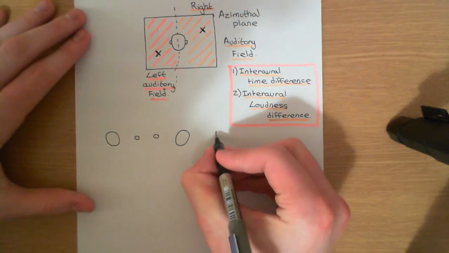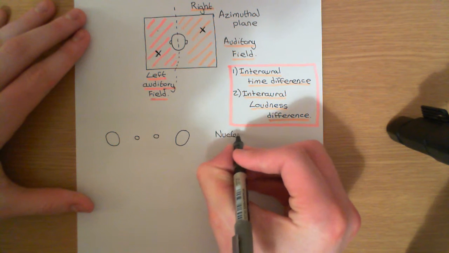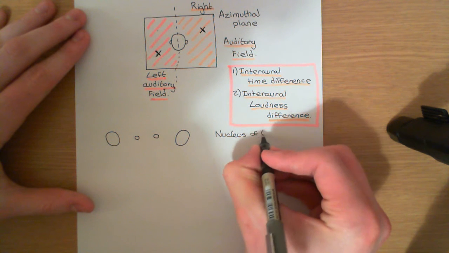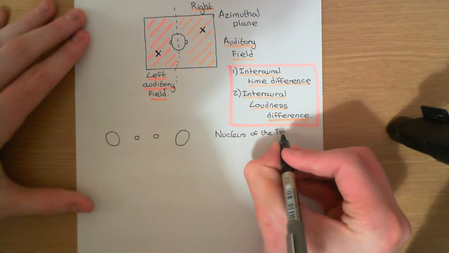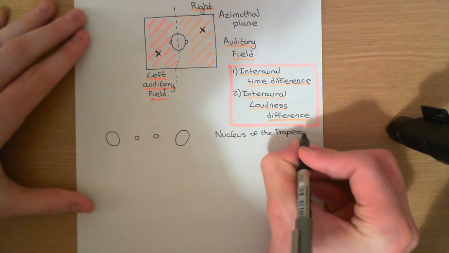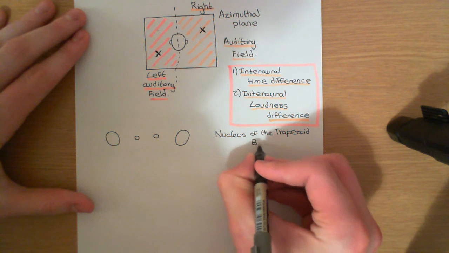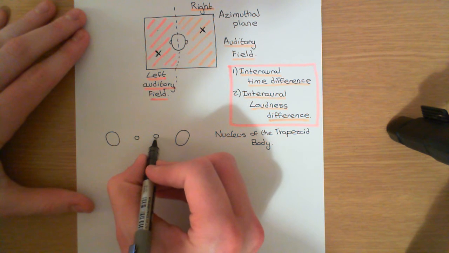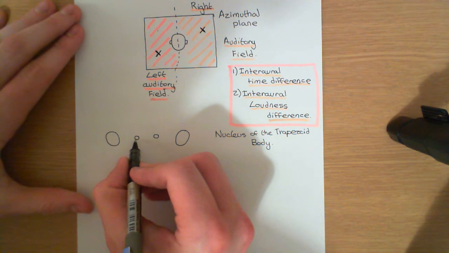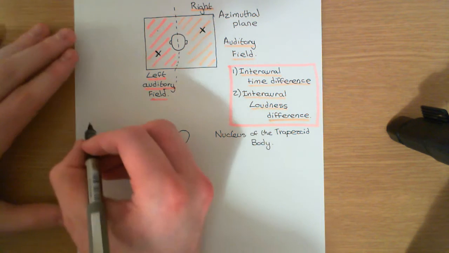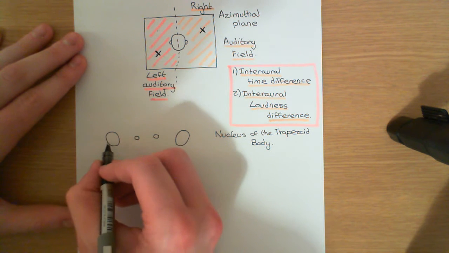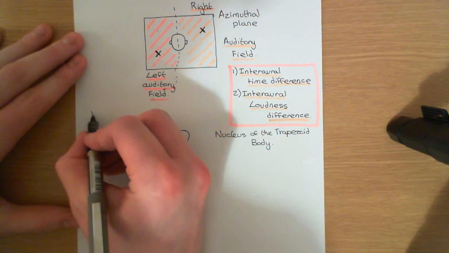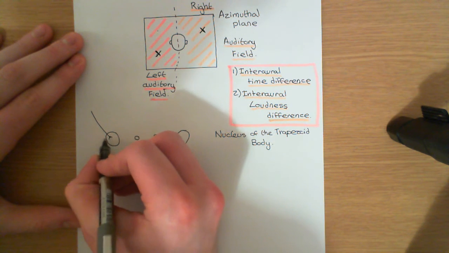Okay, and I'm going to write out the name of the nucleus of the trapezoid body again. So, nucleus of the trapezoid body. Of course you have two nuclei of the trapezoid body: a left nucleus of the trapezoid body and a right nucleus of the trapezoid body. Now, we've discussed that on the side where the auditory stimulus is present, you're going to be getting the activation